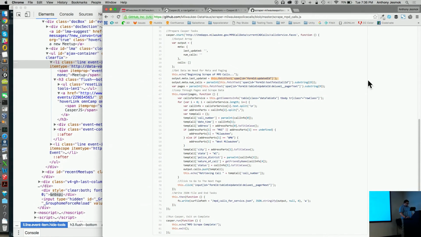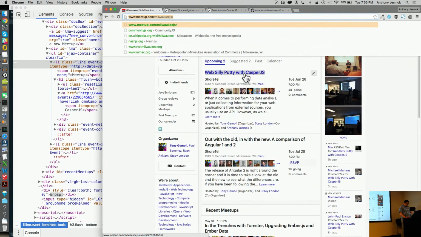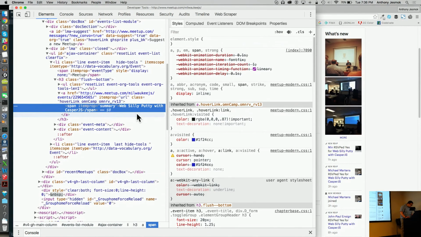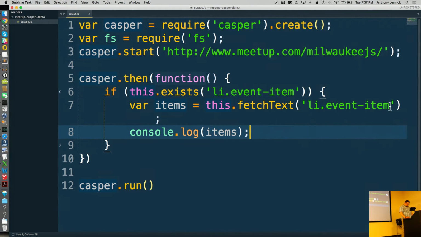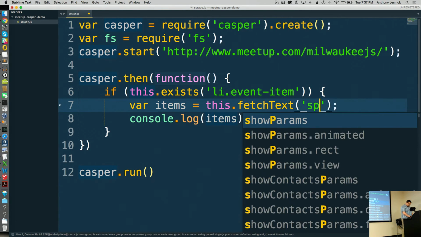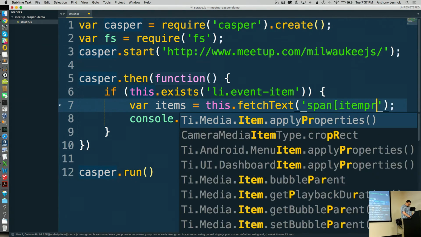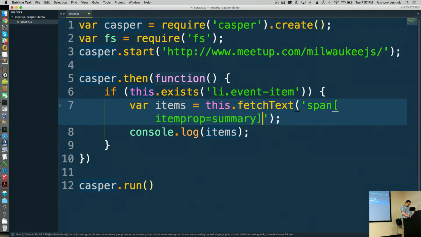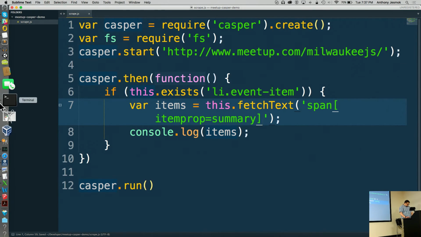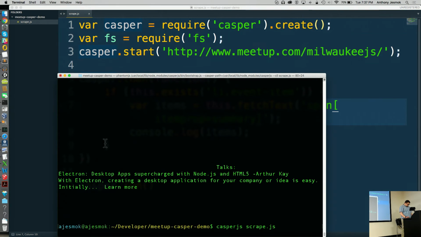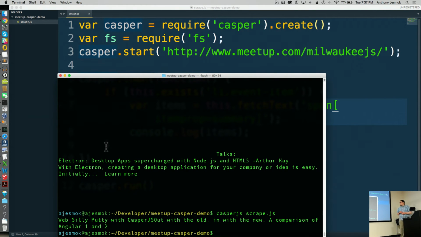So we're going to go back into the meetup page, and look at itemprop is summary. What if I did this? Span itemprop equals summary. And you see we now have the titles of our meetups being spit out.